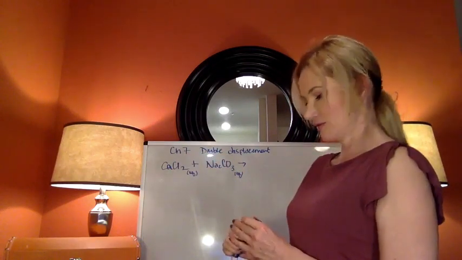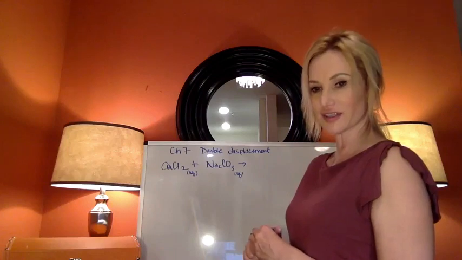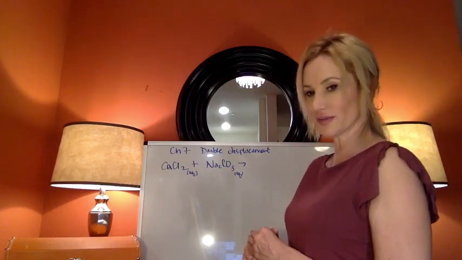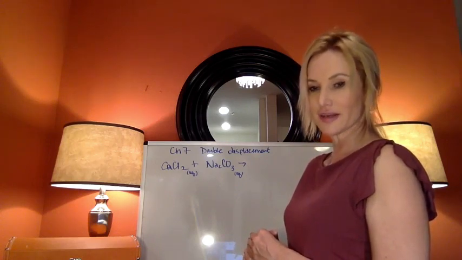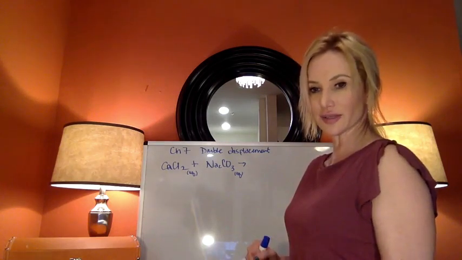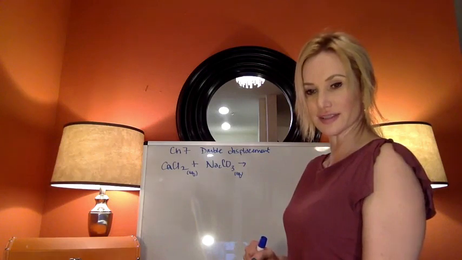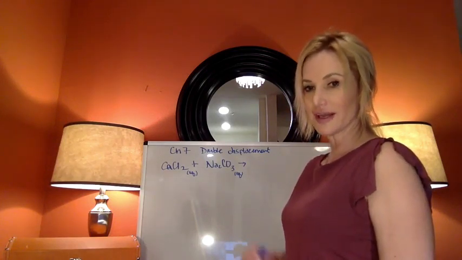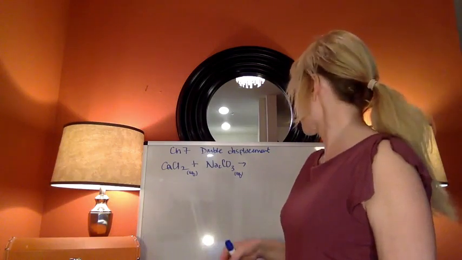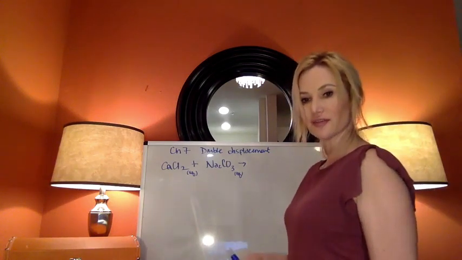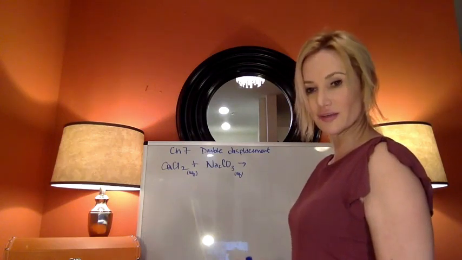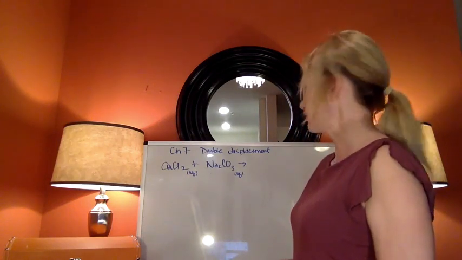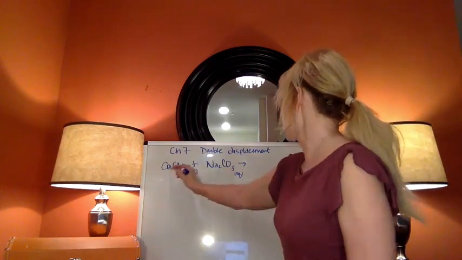When you're doing a double displacement reaction, you need a solubility chart so you can predict if you form a solid, liquid, or gas. Because the solubility chart will tell you if something is insoluble, then you are going to form a solid. And if you form a solid, then you have a reaction. If you use the solubility chart and you find aqueous, aqueous, then you write no reaction, and it becomes really easy. But in this particular case,